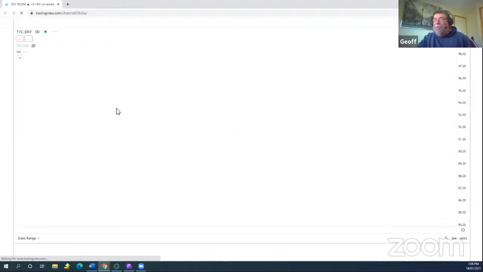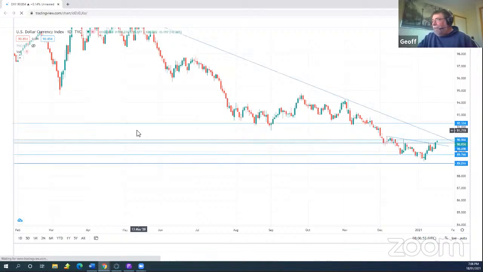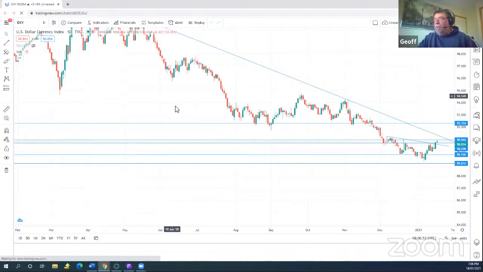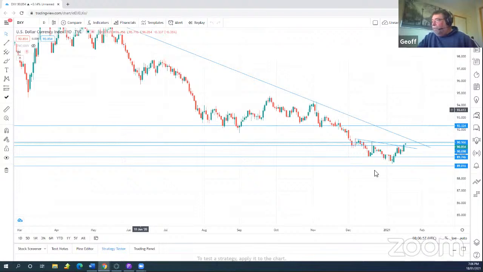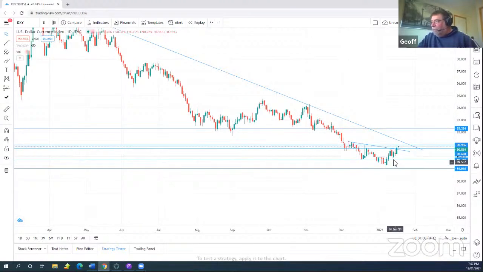We're going to have a look at the dollar index. And I anticipated that the dollar index would continue to fall until it got to this level here. So when it hit this resistance trend line, I anticipated that it would bounce off that and come down and form a right shoulder. Well, it has formed a right shoulder, but not where I anticipated that it might. All of that said,